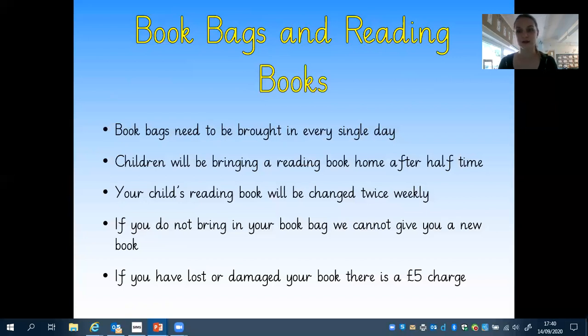Unfortunately, if you have lost or damaged a book, there is a £5 charge. This is because we have to buy them in group packs. We can't just buy individual books. So